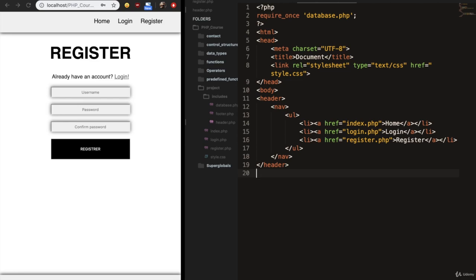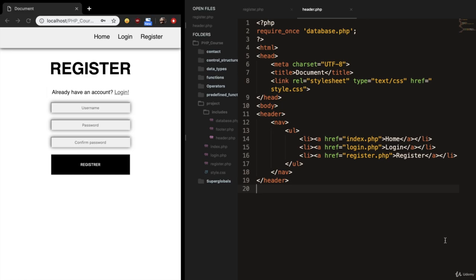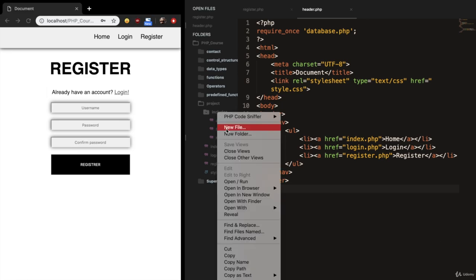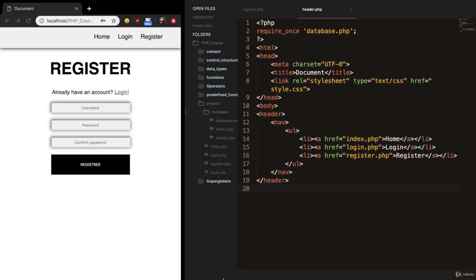In the last episode, we styled our page and we created a form. And in this episode, we are going to start writing a PHP script that saves input fields of a user. And also, in the next couple of episodes, we're going to work on a PHP script that registers users in our database. So inside our includes folder, let's create a new file and let's call it